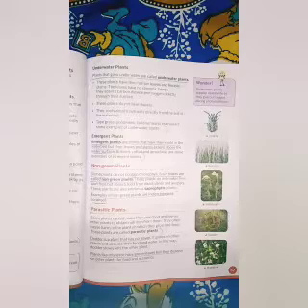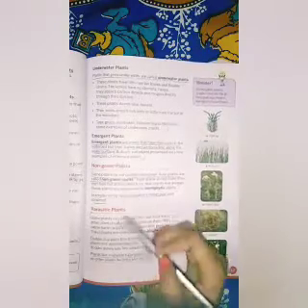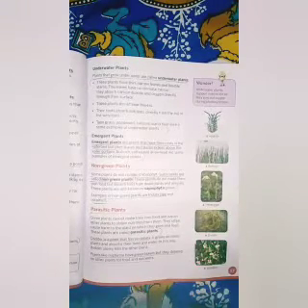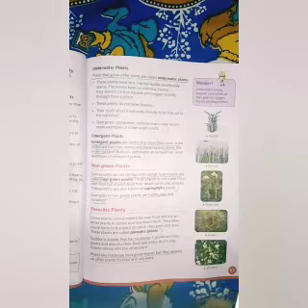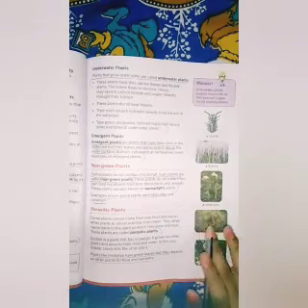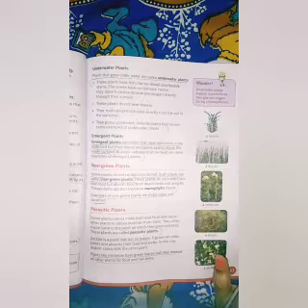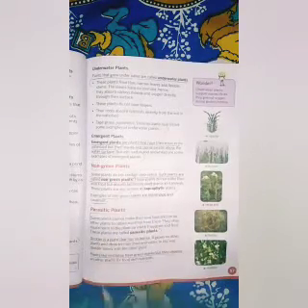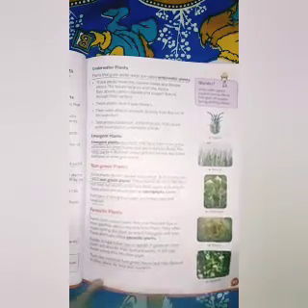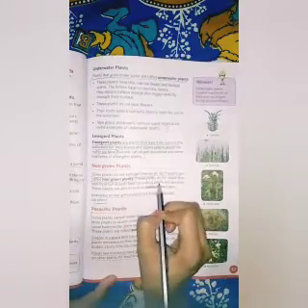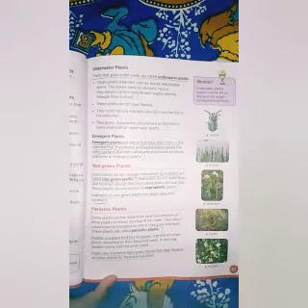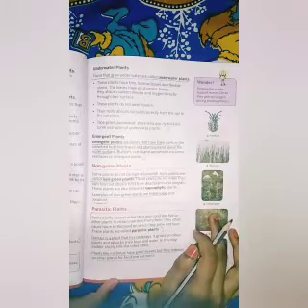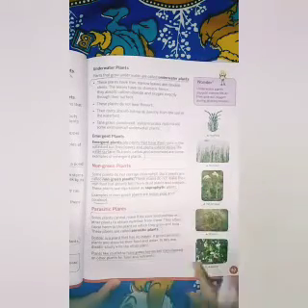So, between non-green plants and parasitic plants, there are some similarities and also some differences. What is the similarity between these two plants? The similarity is they both do not contain chlorophyll. But what is the difference between these two plants? Non-green plants do not harm the plants on which they grow and feed, because they absorb food from dead plants, so they do not harm the dead plant. The parasitic plants cause harm to the plant on which they grow and feed. So this is the difference between non-green plants and parasitic plants.